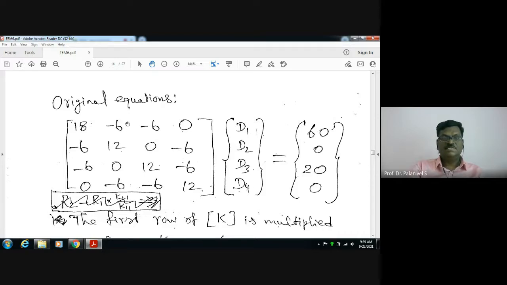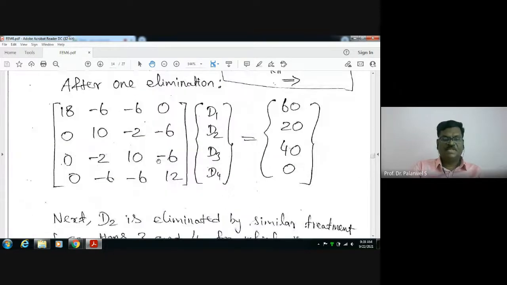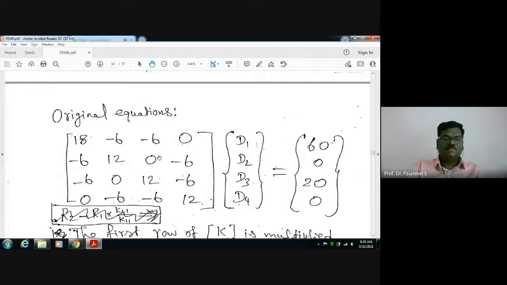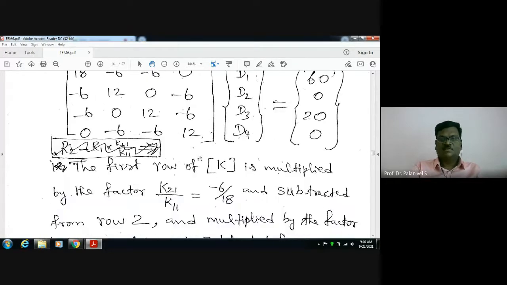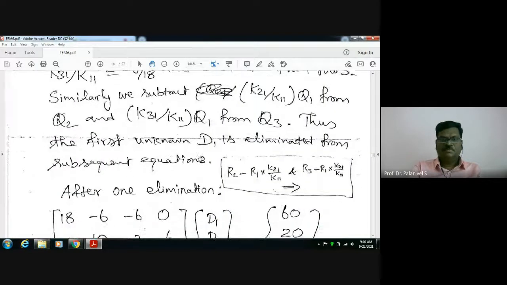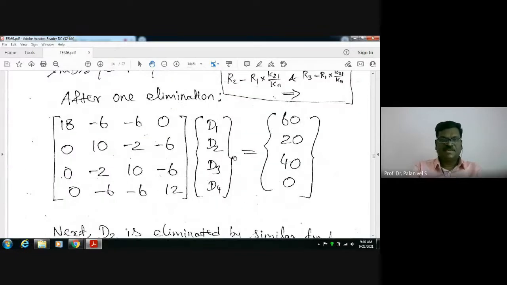Here, 6 is there, 2 minus 12. No, I am not getting this 12 minus of that one. You check it later. The factor is minus 6 by 8. Sorry, not minus 6 by 8. Actually, it is multiplied by a factor. I will check it later. Later you do it the manner I told you. While explaining, I'm facing some problems. No problem, this is being recorded. I will explain later.